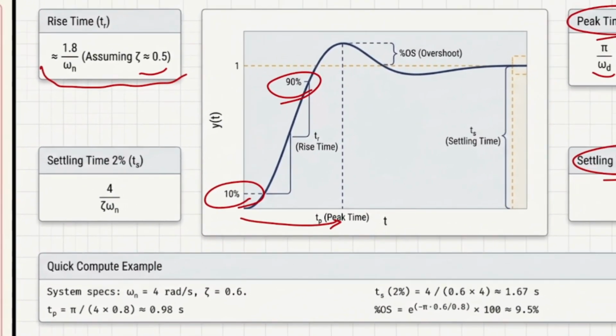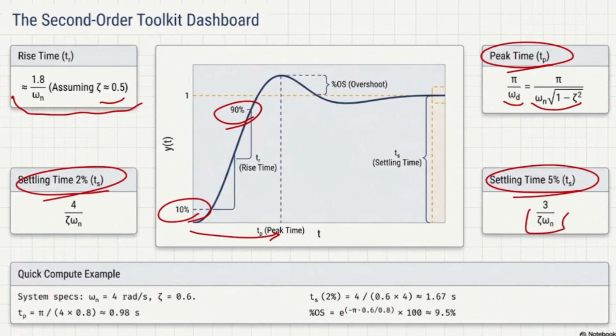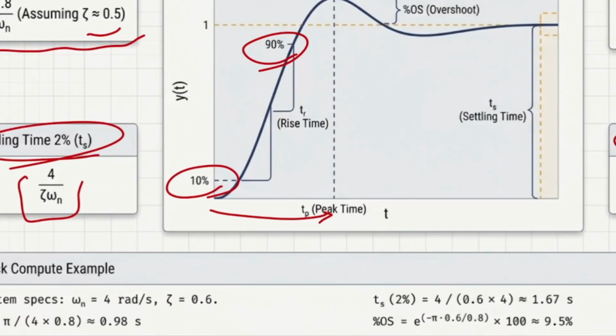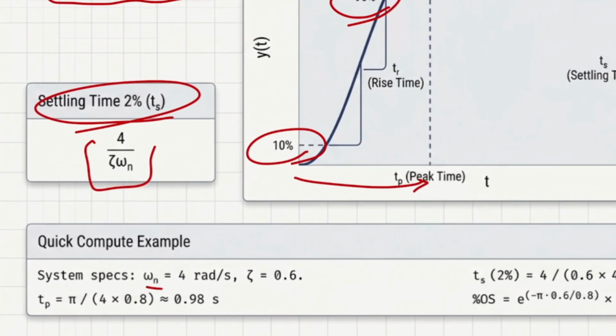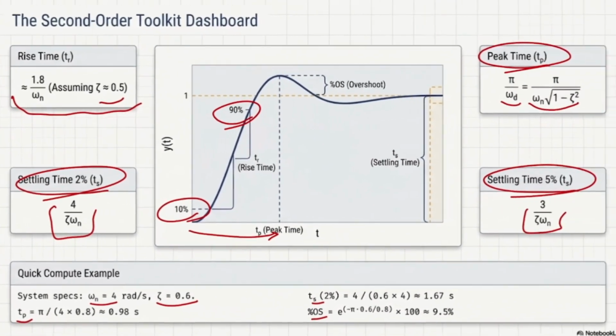And finally, we do have the settling time, which is for the 2%, which most of the time we consider either 2% or 5%. So we do have 4 divided by zeta omega n, and it completely makes sense. For example, imagine that you have your omega n as 4 radian per second and your zeta, or damping ratio, at 0.6. So obviously you can find a TP, you can find a TN, and you can find overshoot and everything, any